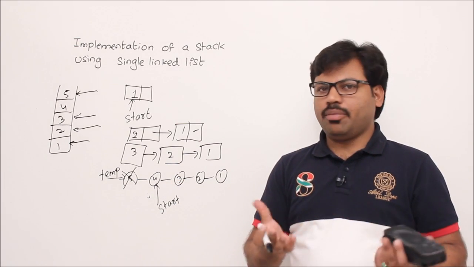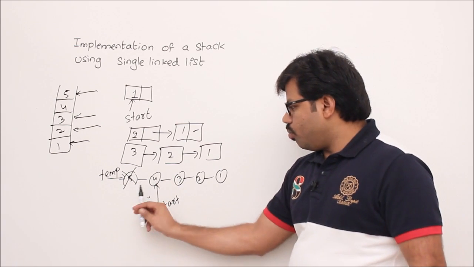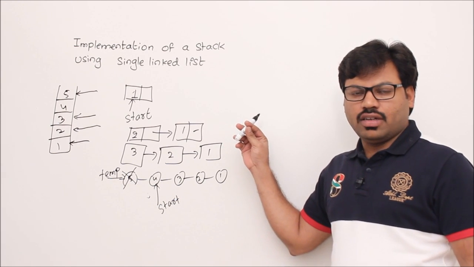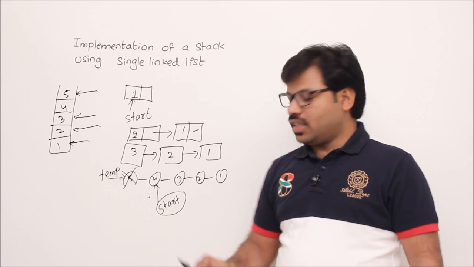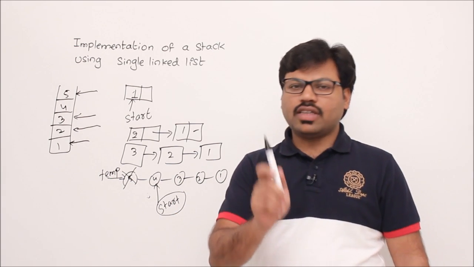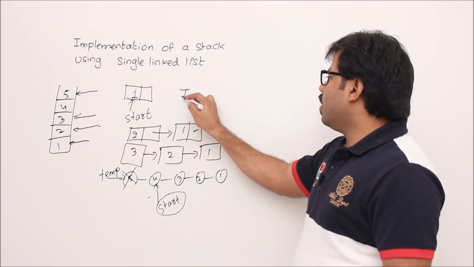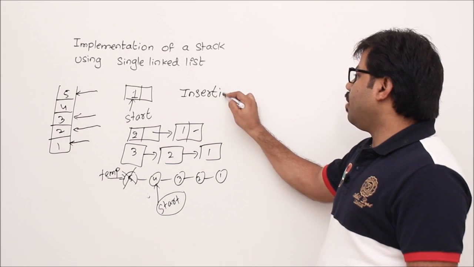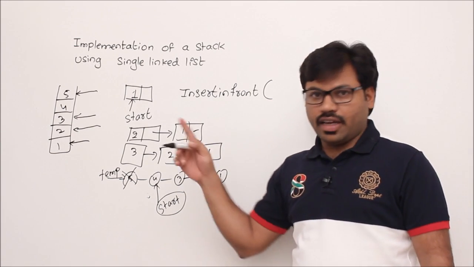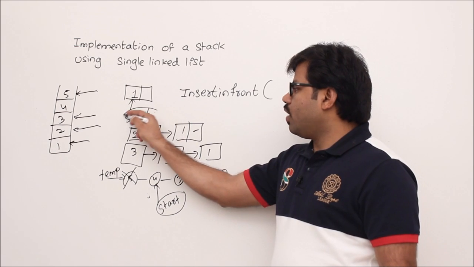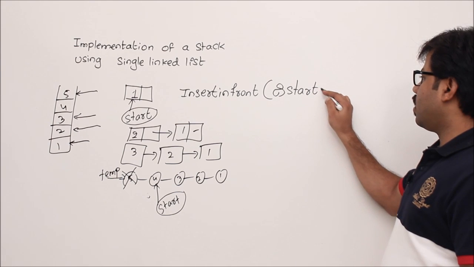It is exactly representing pop, isn't it? But for that we have to move your start. Already I told you, whenever you want to modify start through another method like pop or anything, then somehow you should pass the address of start, correct? That's why your requirement here is that we have to pass the address of start to the method. Now what about push? Push is very easy, already we have implemented it, that is insert in front. So simply replace your push method with insert in front. Insert in front also is going to modify your start. That's why sending the address of start is compulsory.